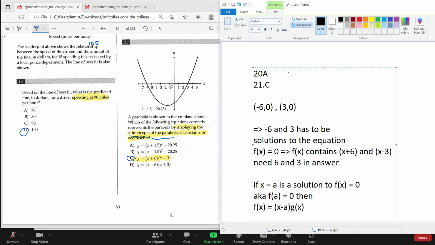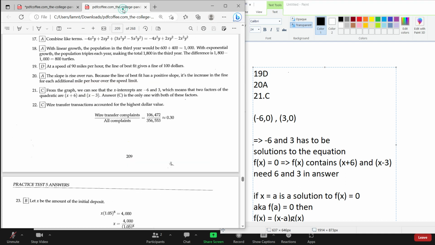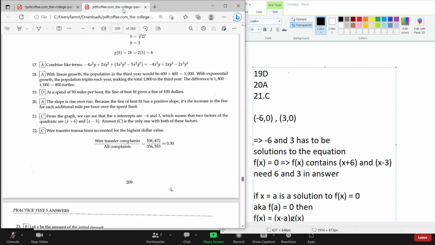Let's check the answer. So 19 is D, 20 is A, and 21 is C. Okay? 19 is D, 20 is A, and 21 is C. So I think that's enough for this